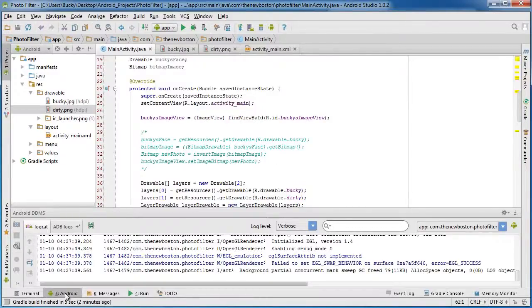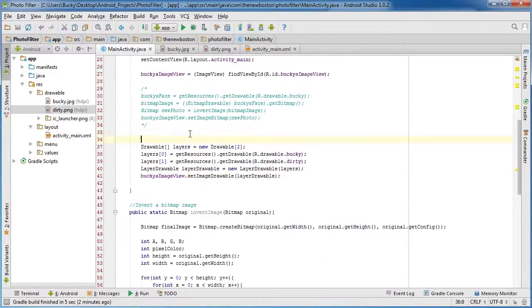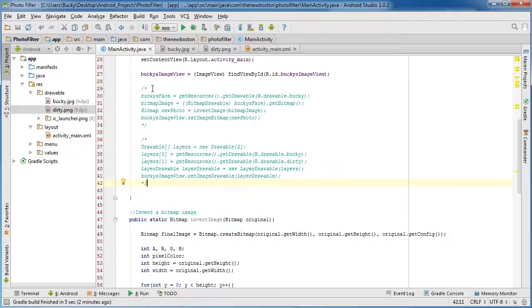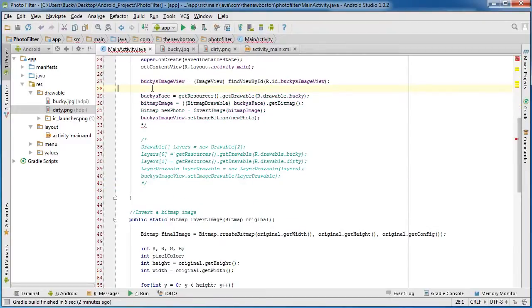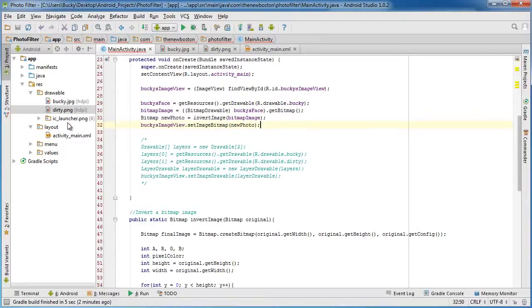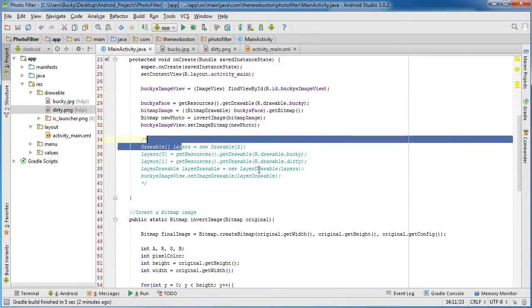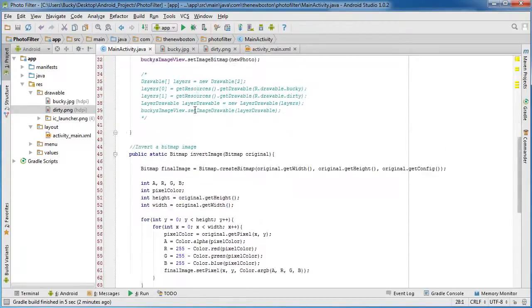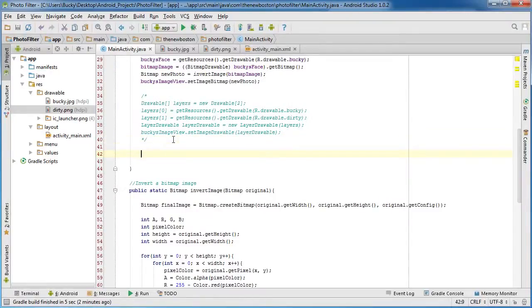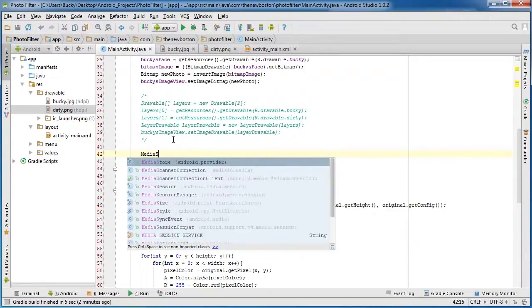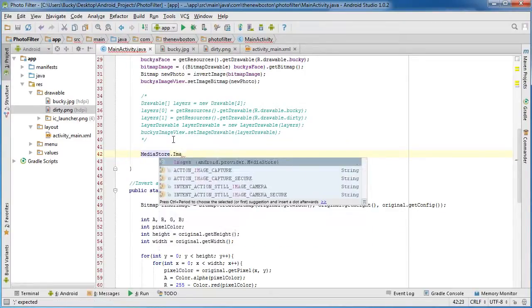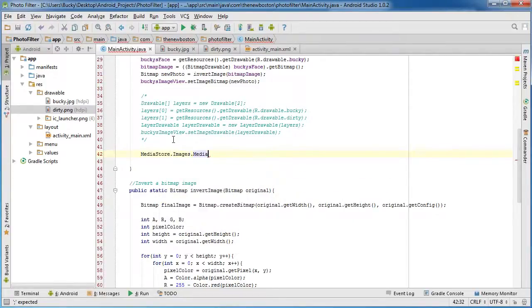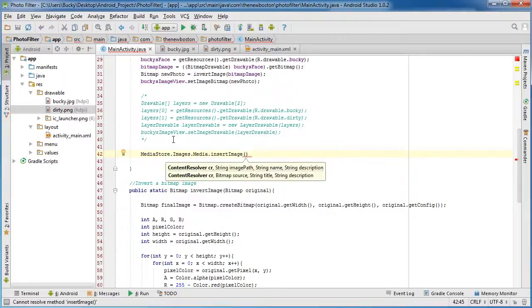And also, since this is kind of a short tutorial, let me show you guys how to do one extra bonus thing. If you ever want to save an image on your device, I'm going to show you guys a real quick way to do it. There's actually some different methods, but uncomment the code. You can just comment all this out and uncomment this, so pretty much you're back at where you started at the beginning of this tutorial. And the line that you can use to actually save an image on the user's device is this. If you go to media store images dot media dot insert image, then the first parameter is